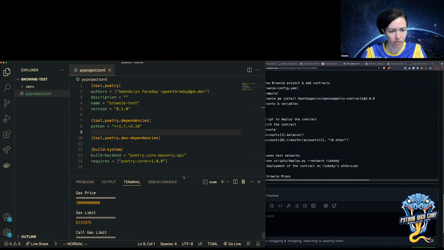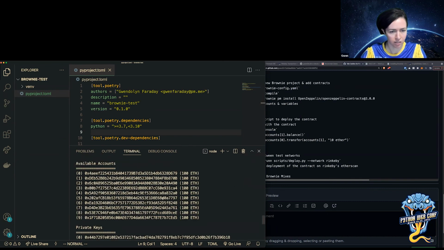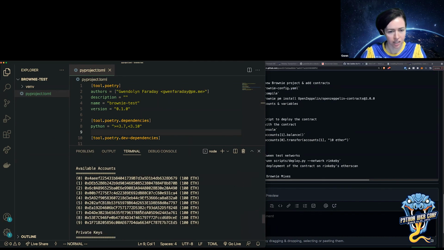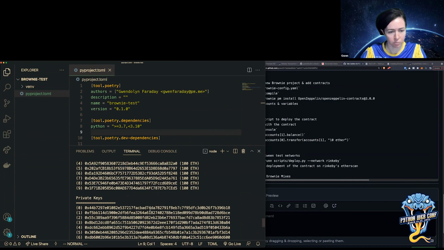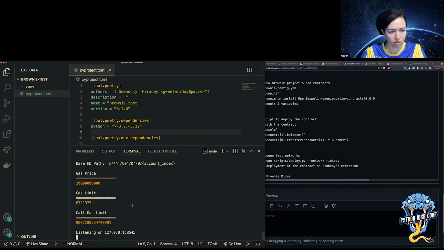If you look at what Ganache CLI does, it gives me all of these accounts, all of the information, private keys, and then it runs its server. The regular Ganache runs on 7545, and this one runs on 8545, so they won't conflict.